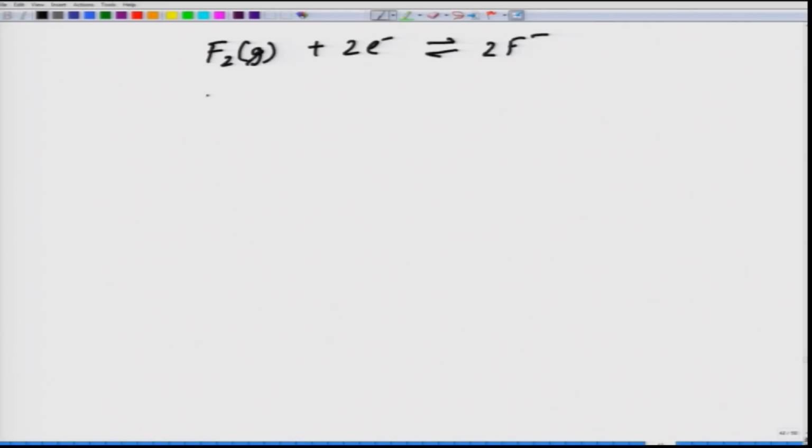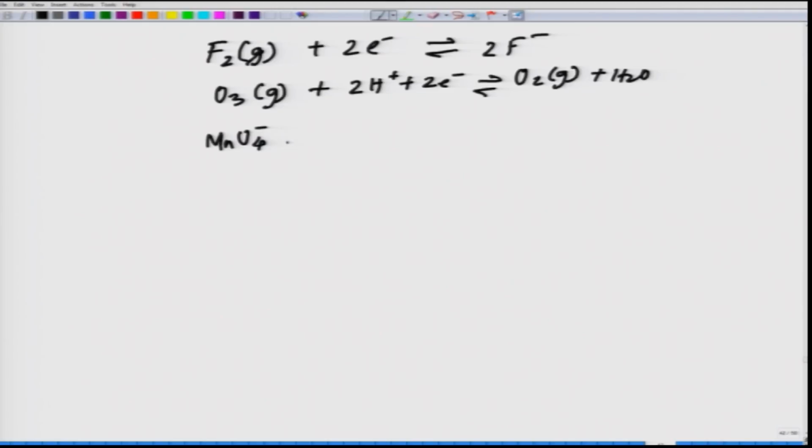Okay, I'm just putting all the different half-reactions: O3, which is ozone in the gaseous state, plus 2H+ plus 2 electrons, making it O2 gas plus H2O. Similarly, MnO4- plus 8 protons plus 5 electrons. These are the different compounds. I am just giving an example of Mn2+ plus 4 H2O. Okay. Similarly, Ag, we have already talked about it, Ag+ plus electron,